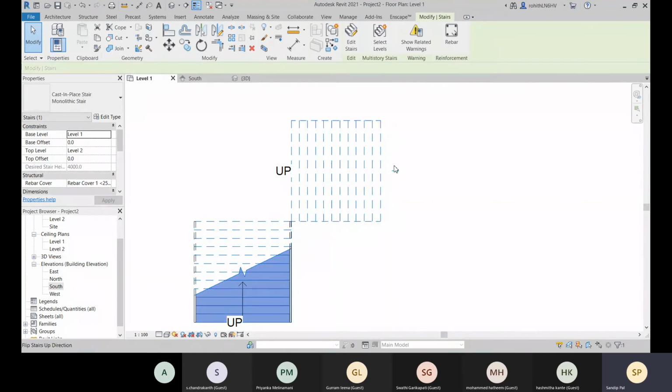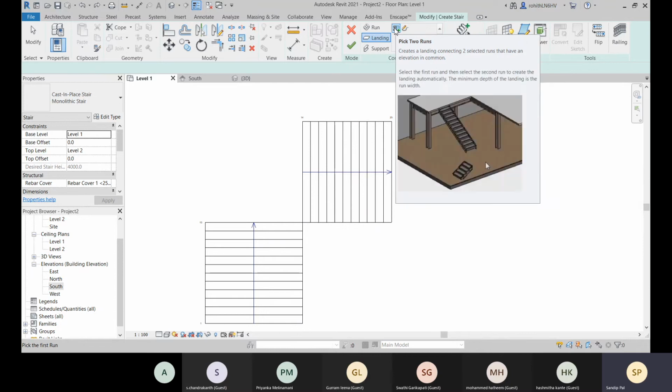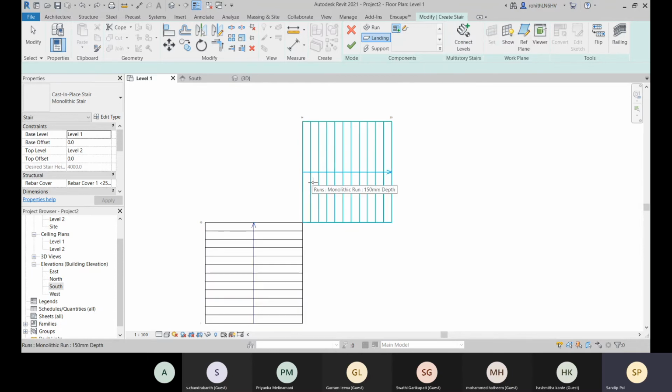So for that, what should I do? I will go with this landing option, because this is not connecting the landing automatically. There we have this pick two runs, so I have to select the two runs, this, and then the landing will be connected.